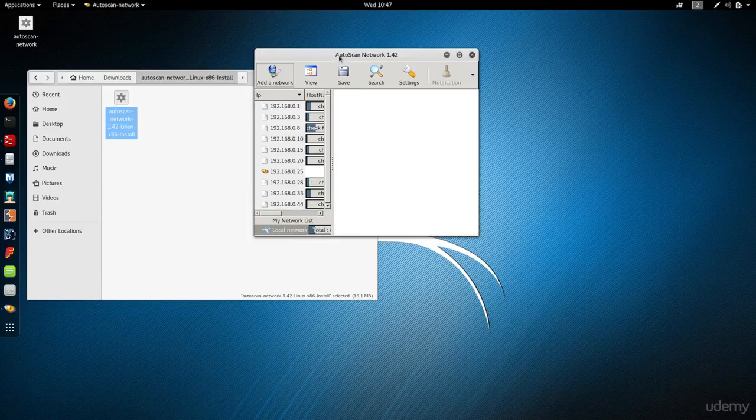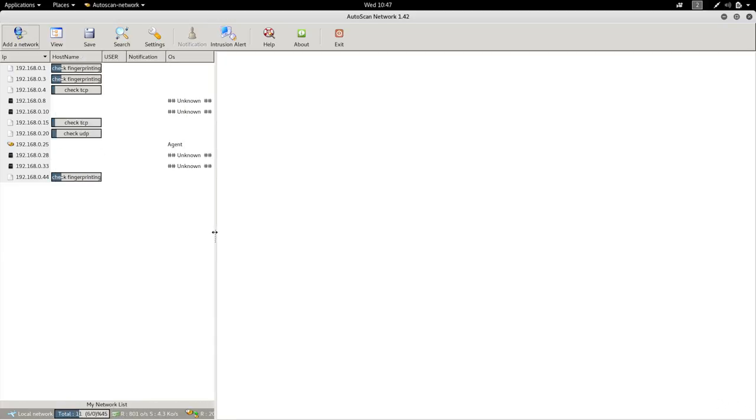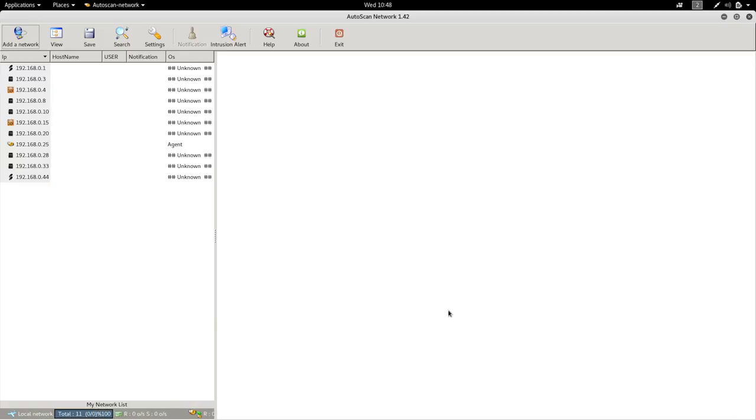And now the program is working, and as you can see, it's already discovering devices in my network. So give this some time. First of all, it's going to discover the IPs. Then it'll try to gather information about the open ports, the operating system, and the services used on these open ports. Now the scan is over, and as you can see now from the left, we can see all the